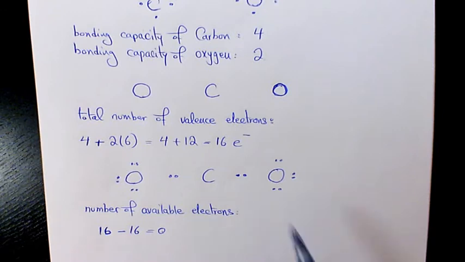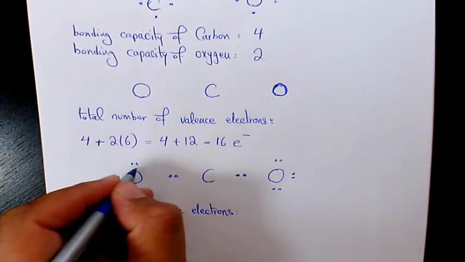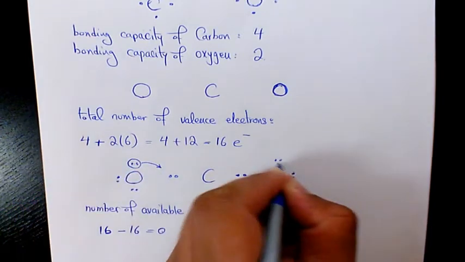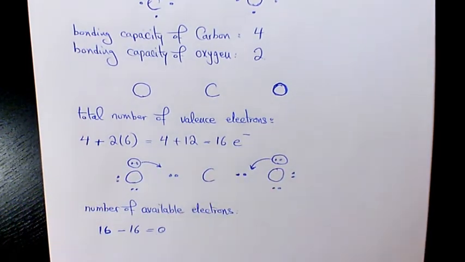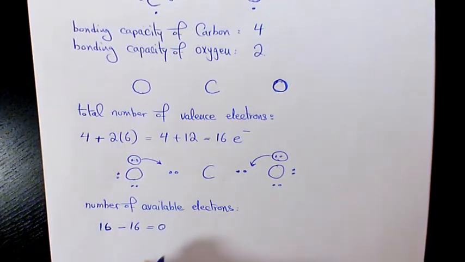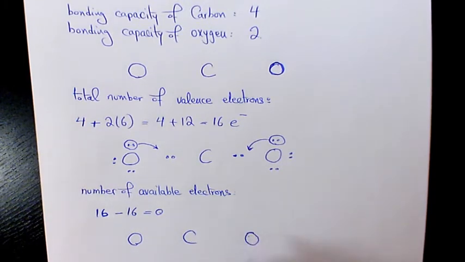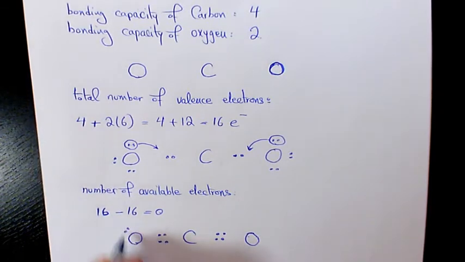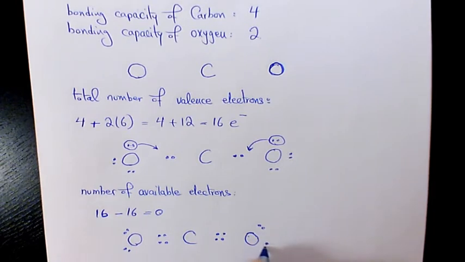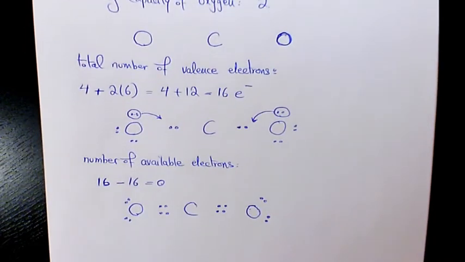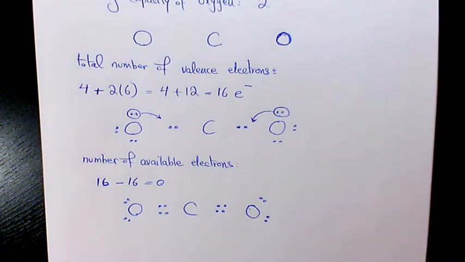So in this case, we need to move the lone pair from this oxygen and move this lone pair to this side in order to have the full octet for the central atom. So it's gonna be like that. So now if you see here, for all atoms we have octet rule,